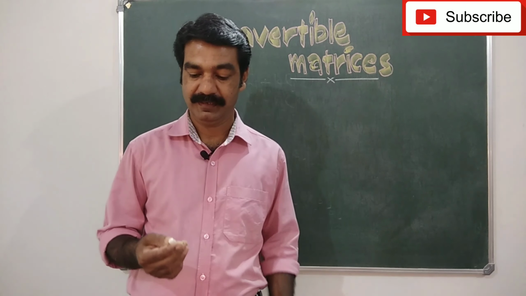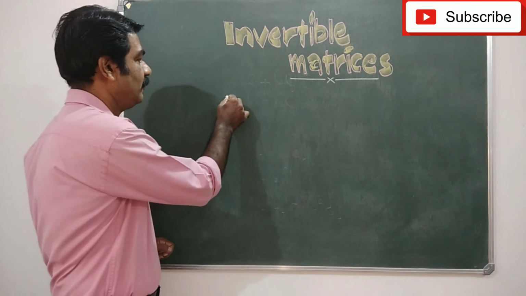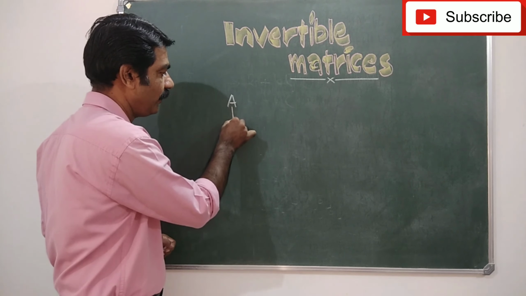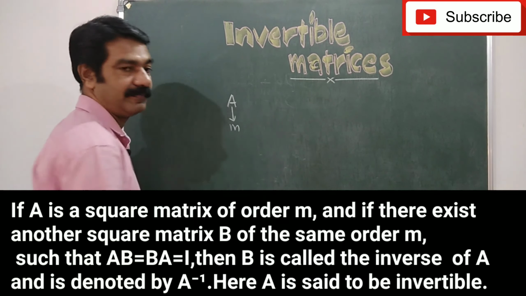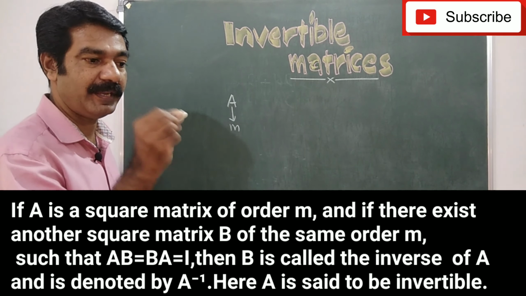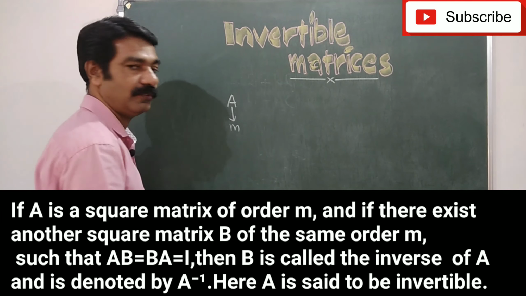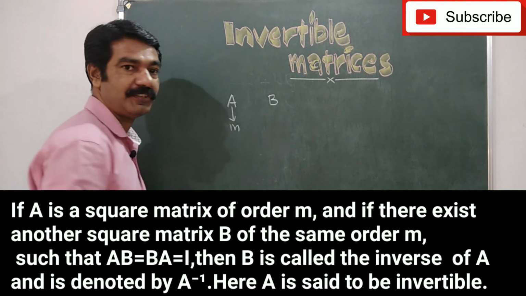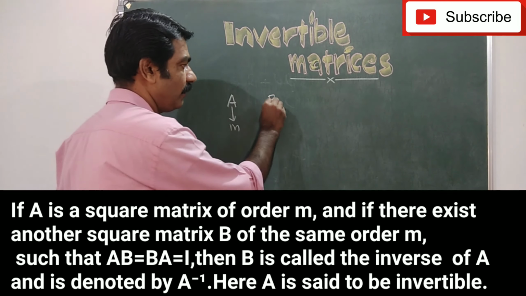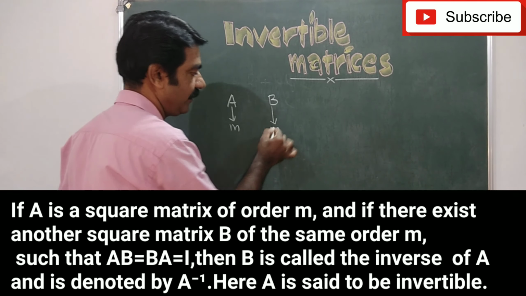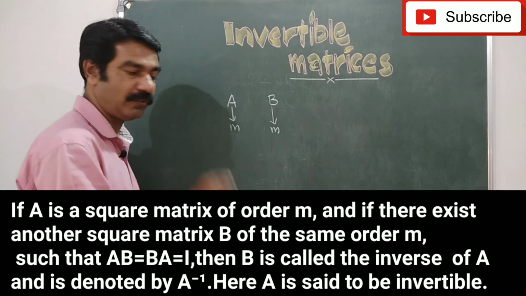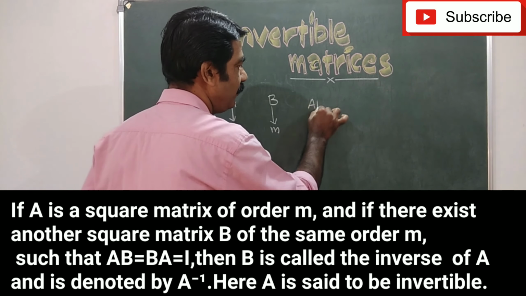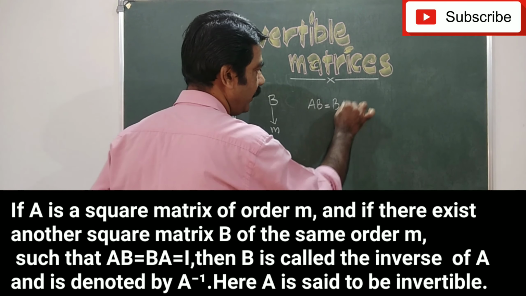Invertible matrices. Suppose A is a square matrix of order M. Order M means it is an M by M matrix. Then, if there exists another square matrix B of the same order, such that A into B is equal to B into A is equal to